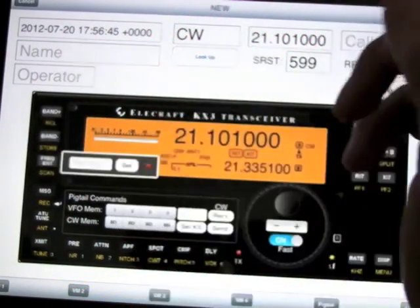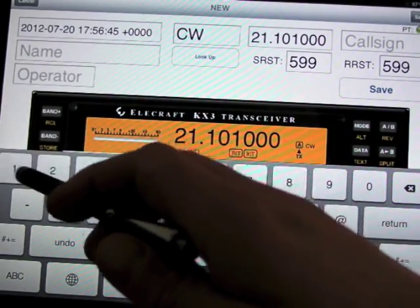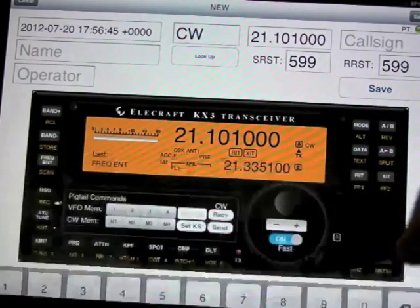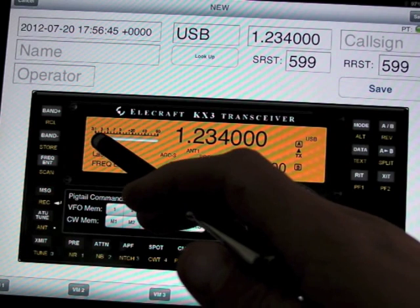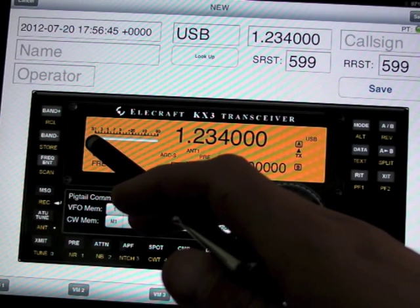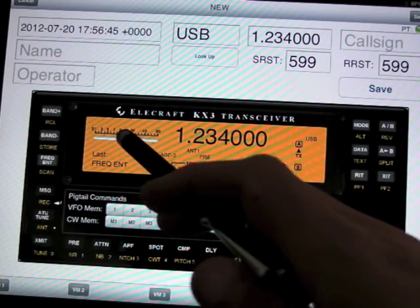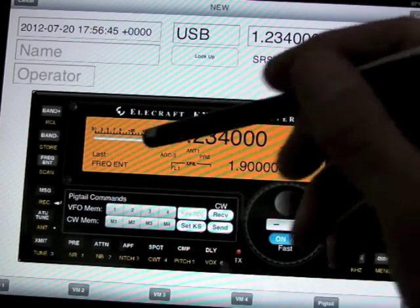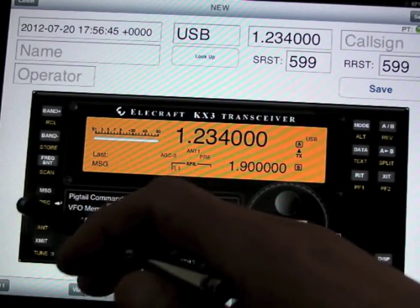Frequency enter will pop up a little view, and you can type in your frequency. The signal meter, you probably saw that pop up right there. This is a little progress indicator that will go back and forth based on the state of the signal meter. Sending a message, if you press the message button,